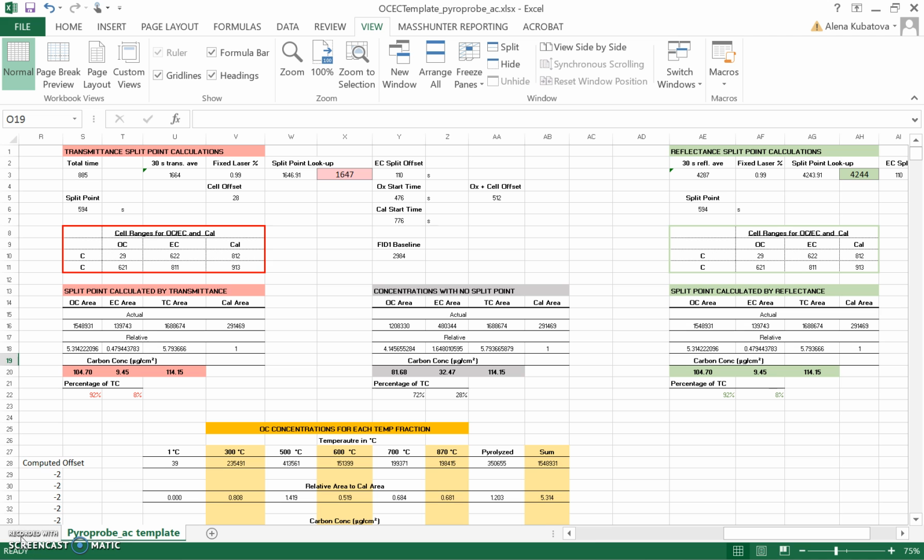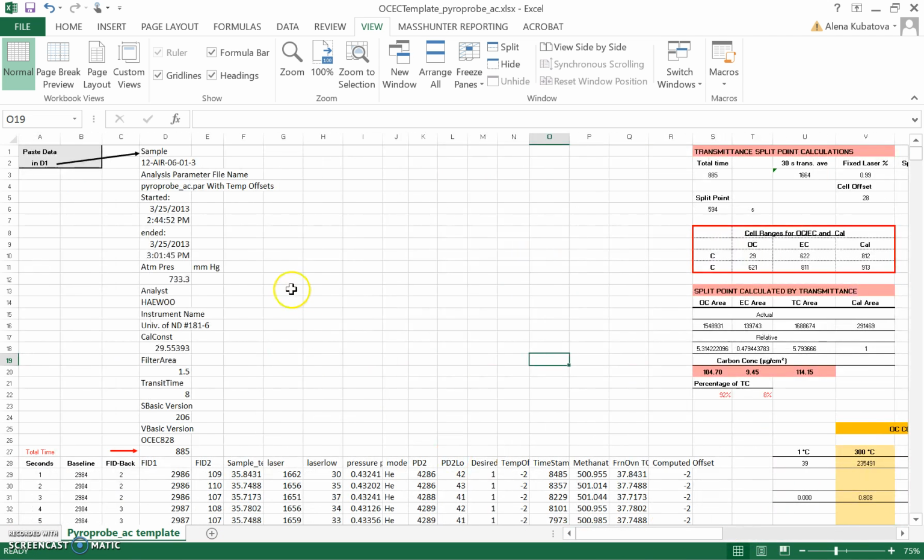So that brings me to the end of this video, and in the next video I will show you how to change this template if you have different instrumental parameters that you want to run your sample on, because each template only works for those set with the instrumental